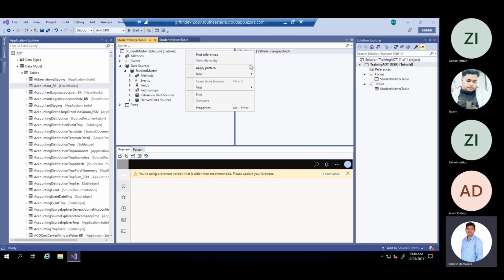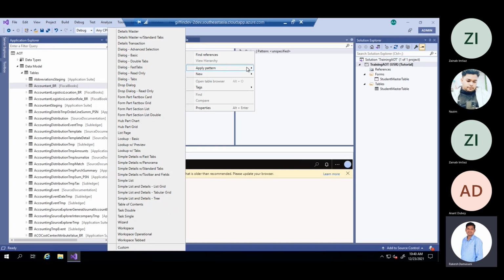On form designs, we can apply different patterns. Once you see these patterns in the standard system, you will be able to understand them, like drop dialog, list page. If you create them yourself, you will come to know the patterns.